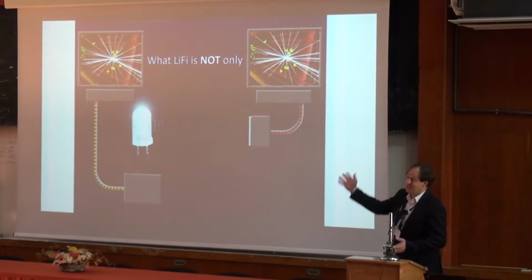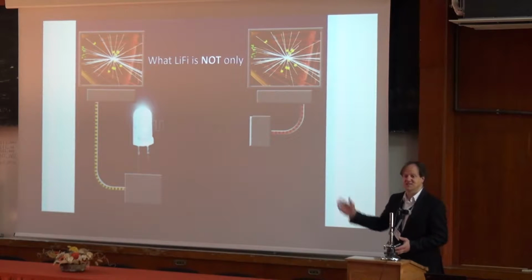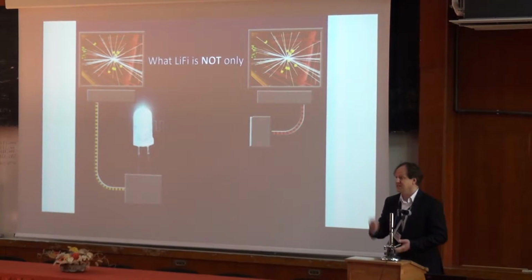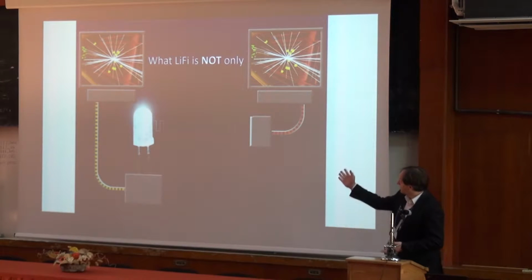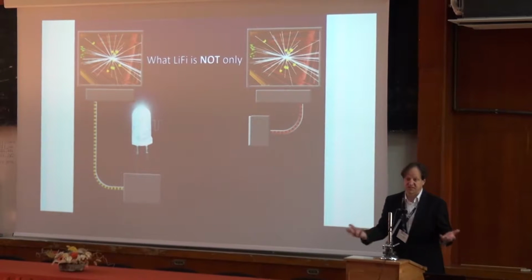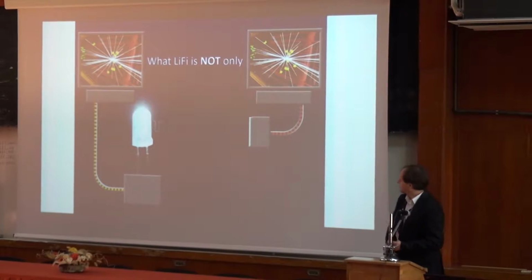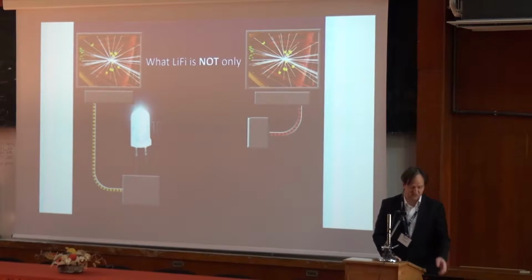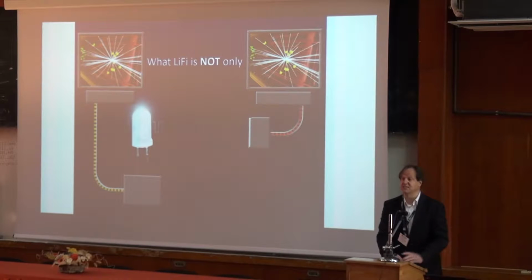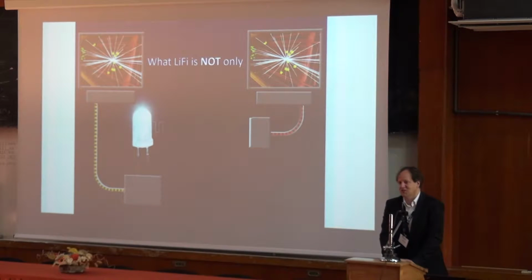And we can do that with lighting because LEDs are electronic devices, and unlike incandescent light bulbs, the intensity can be switched very quickly. And then we have another gray box here at the receiver, which is a photo detector, and then electronic connections inside a computer or a smartphone then display the content. So that's the principle of what was originally introduced by my colleague Professor Nakagawa at Keio University as visible light communication.